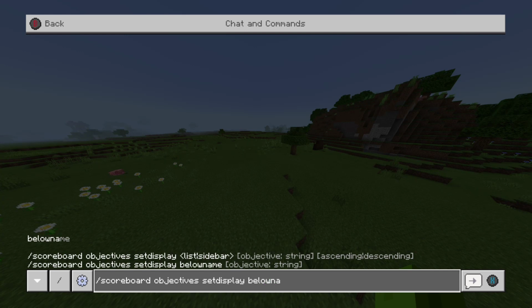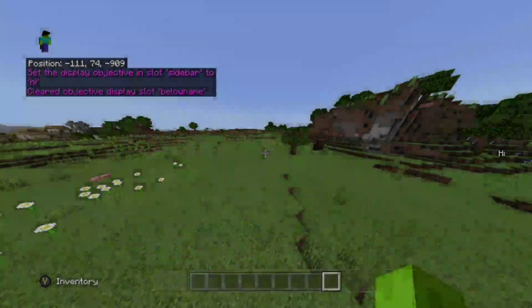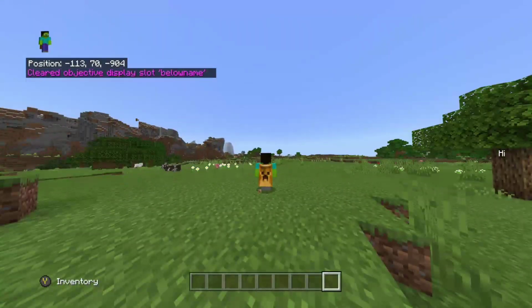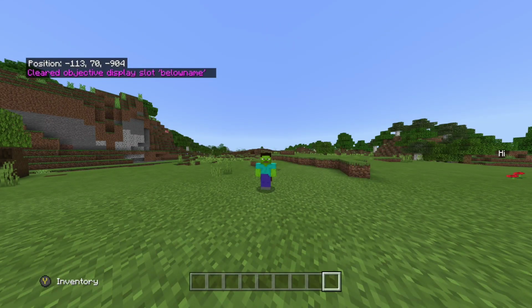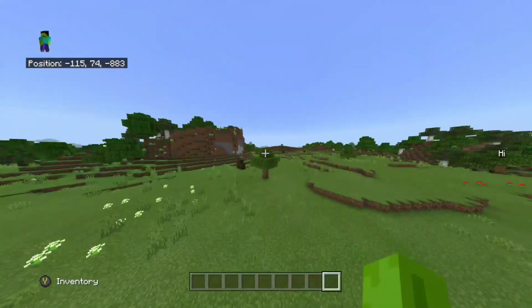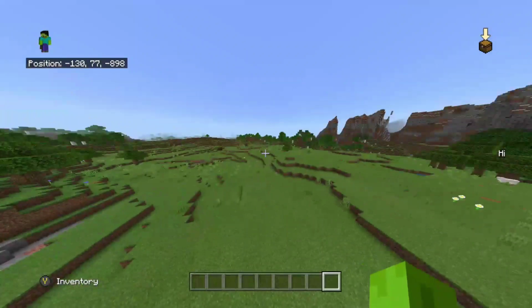And this one you can't really see, but I'll explain it. Below name, you can't actually see it, but basically when you're in a multiplayer game and you look at the person's name above them, it'll have another thing below their name, and it'll say hi or whatever. And that could obviously be owner, whatever you want it to be. So that's pretty cool. If you come across the owner in the game, it can have that